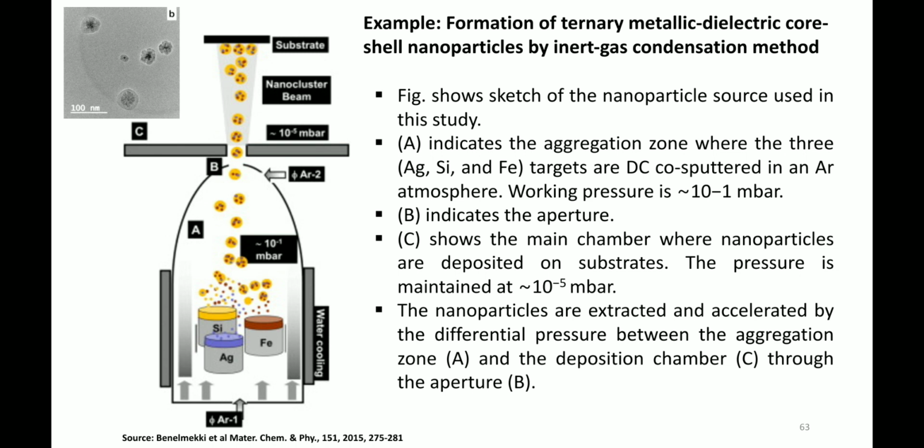So this ternary metallic is your core, and then the dielectric material. Dielectric has different properties; it is insulating in nature. So that dielectric material is used as the shell. So this type of material has been prepared by inert gas condensation in this given reference. Okay. So let us try to understand how they have synthesized this material by using the inert